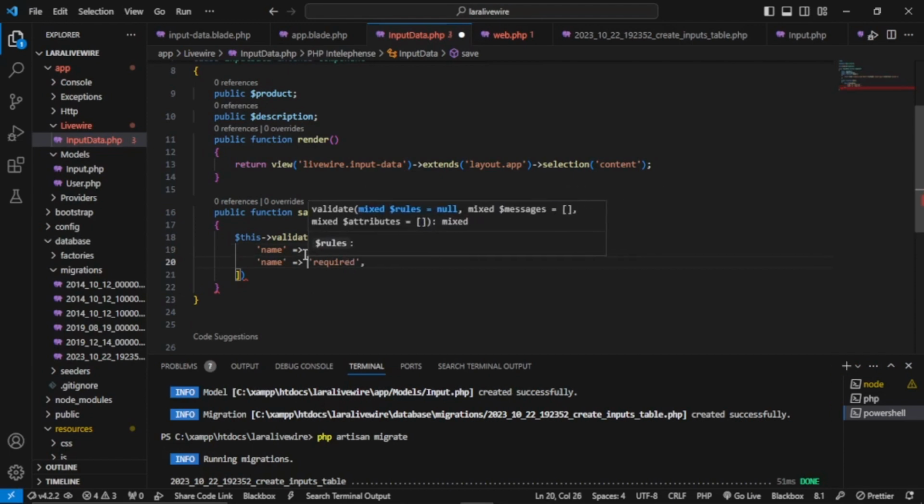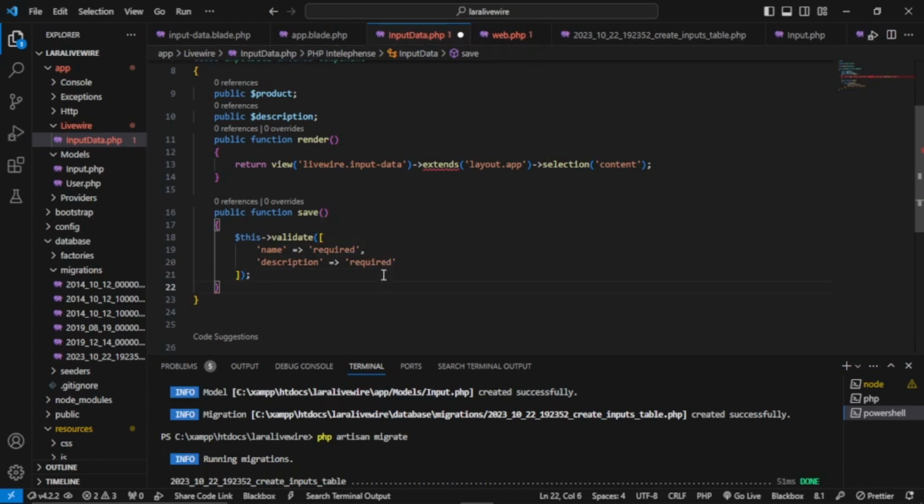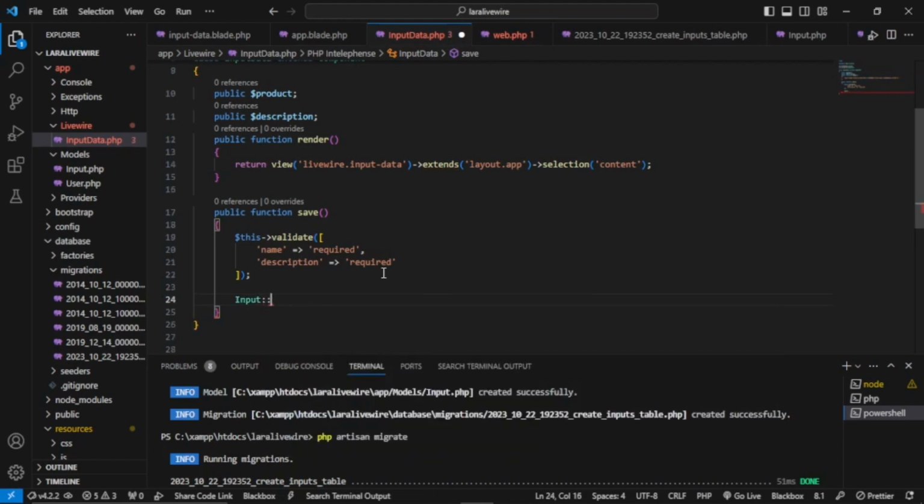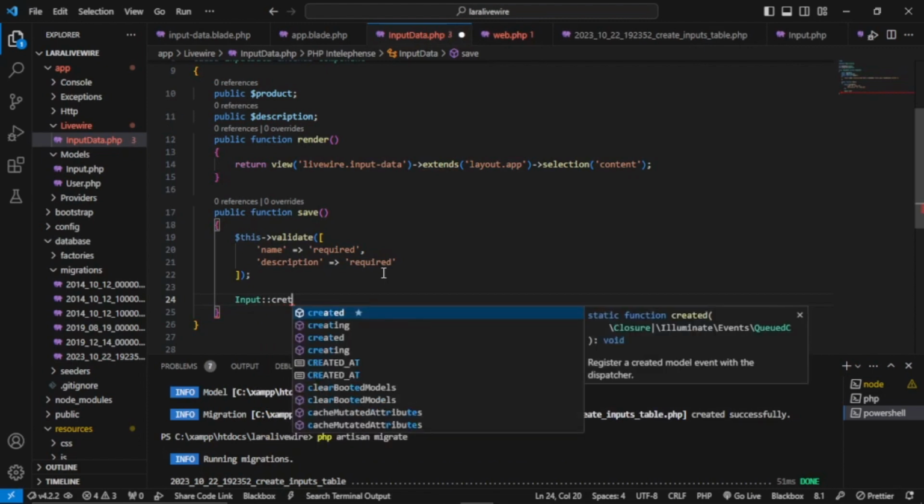It and this one is the description. Close it. Then that I input. It has to be able to complete the models here like this. And then get